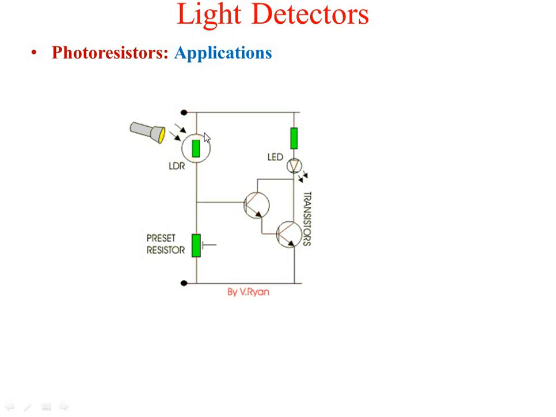So if you put the LDR in the upper circuit, that means collector to base, then in that case it will be turned on, and if you put the LDR in the lower one, that is base to emitter, then in that case this LED will turn off. So you just try it, build this kind of circuit in any simulation software and try it. You will come to know how the value is changing and how the circuit works.